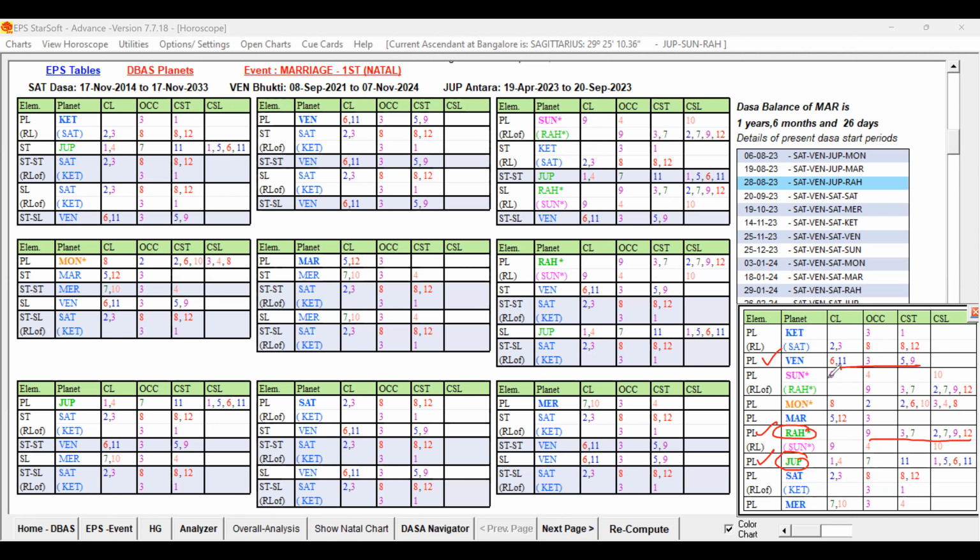Venus is comparatively better. Then Sun is okay, a mixed one. Moon is not good. And Saturn, 2nd Lord, 3rd Lord, 8, 8, 12, so it is indicating some obstacles. And Mercury also, 7th Lord occupying 3rd house, is also having some mixed signification. But compared to Saturn and Mercury, Venus is better because 11, 3, 5, and 9. We can take Venus as a key planet when compared to Saturn and Mercury. So these two planets are having some good houses, but with some obstacles.